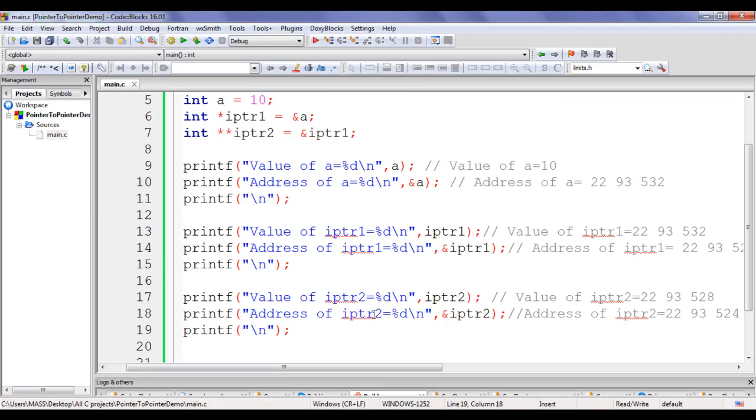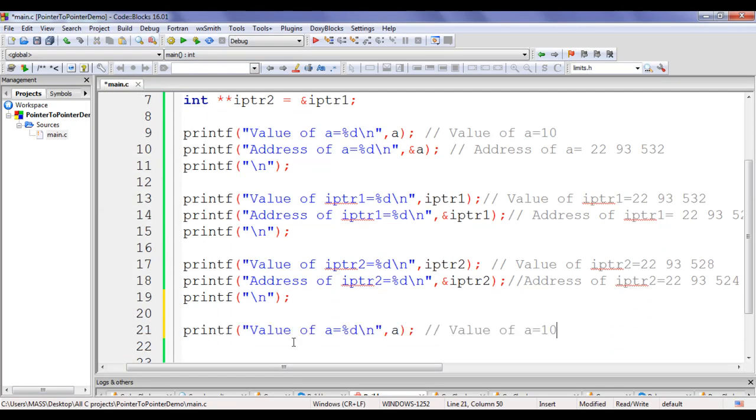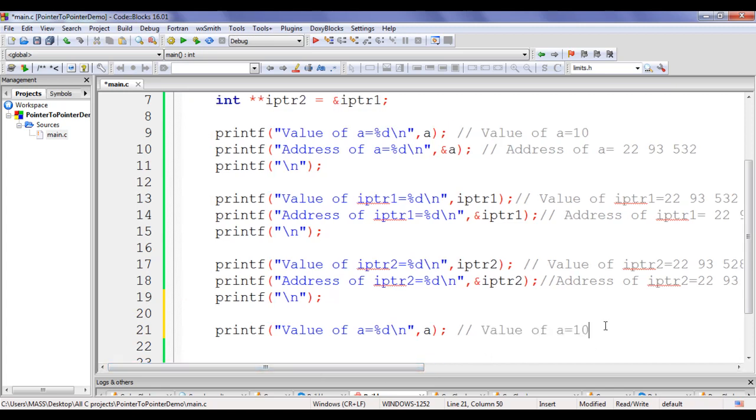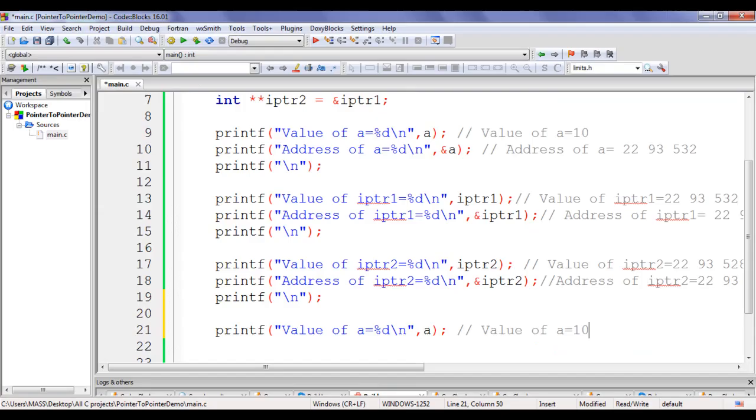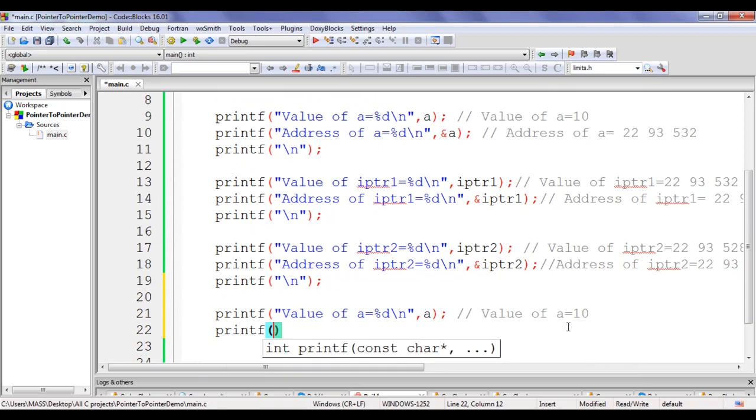We can display value of a using this printf statement, right? I'm going to copy this line of code and paste here. Definitely we'll get here value of a is equal to 10, right? We can display value of a using iptr1, guys. How do we do that? We say here printf, in double quotations we say value of a using iptr1 is equal to %d \n, comma.